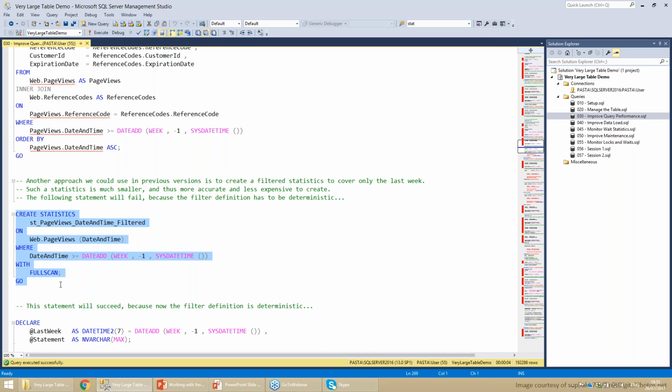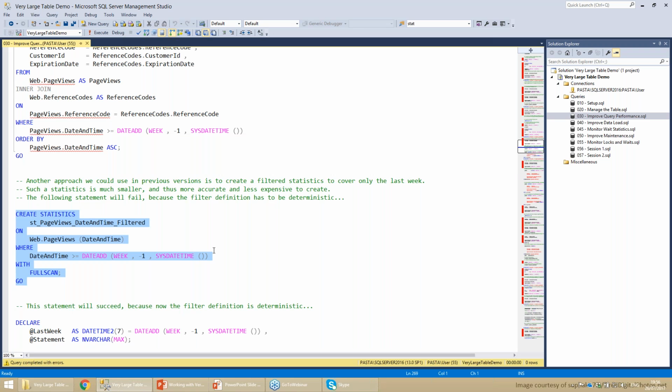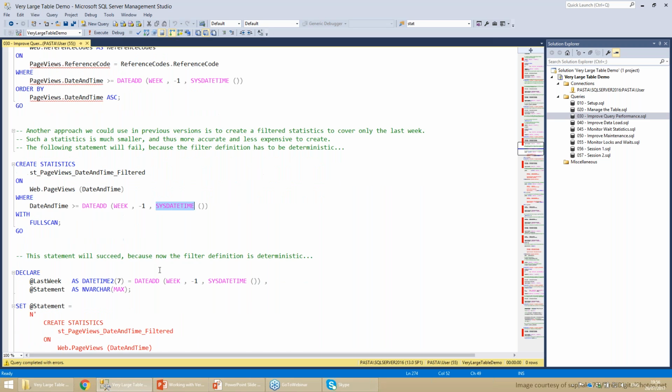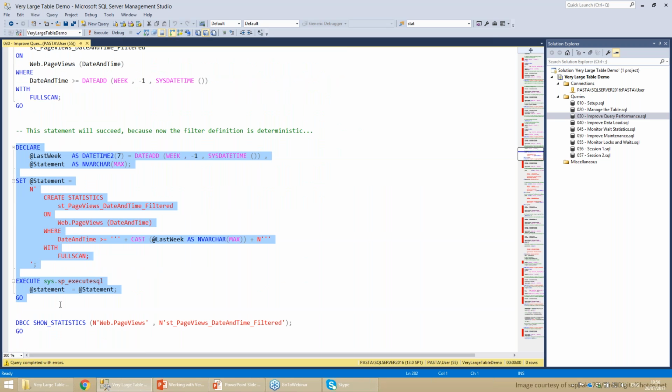The problem is you get an error. We cannot use a non-deterministic expression inside the filter statistics, and this is a non-deterministic expression. Okay, so what we need to do is dynamically calculate last week, put it here as a hard-coded value, and then dynamically create the statistics.